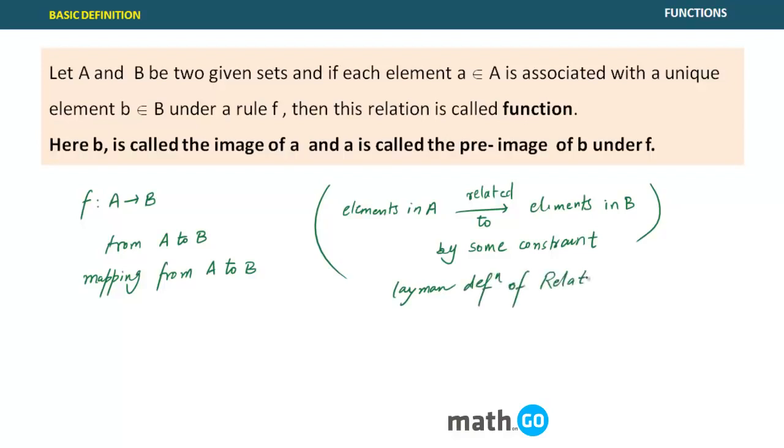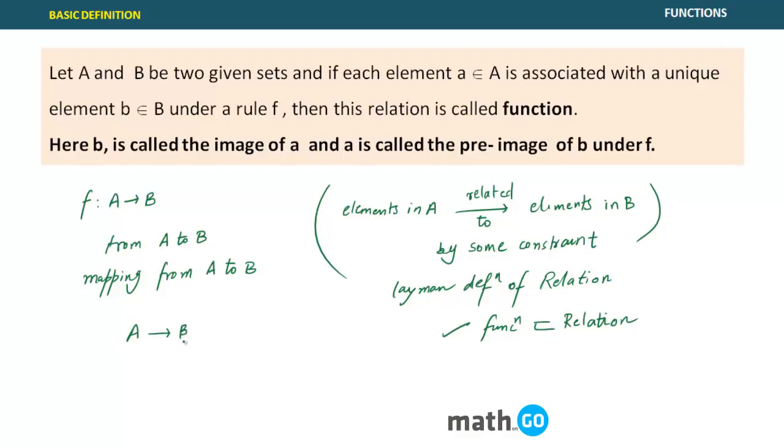So when does this particular entity become a function? For example, function is also a relation, but it is a subset of relation. All relations are not functions, but all functions are relations. That you must understand. So when does this particular constraint become a function? When you say there is A to B mapping happening, all the elements in this particular set